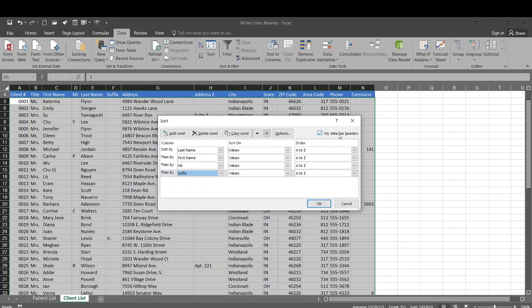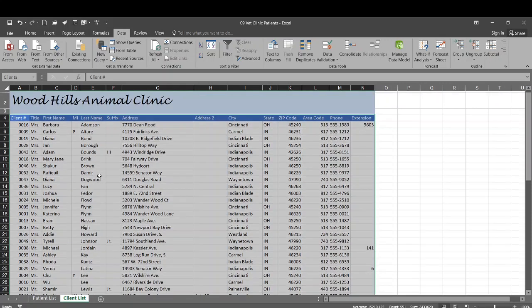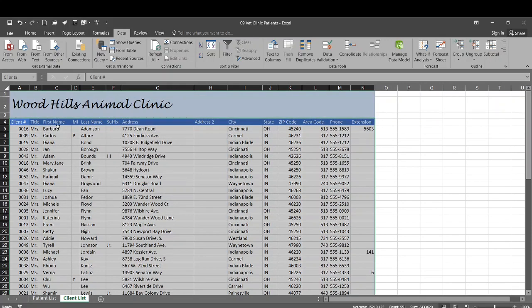And my data has headers. We definitely want to keep the check in that box because we've selected A4 through N56. So we did pick up this header row. So we definitely want to tell it that it has headers, or it'll try to sort this row. Click OK. And so now they should be in ascending order by last name, first name, middle initial,